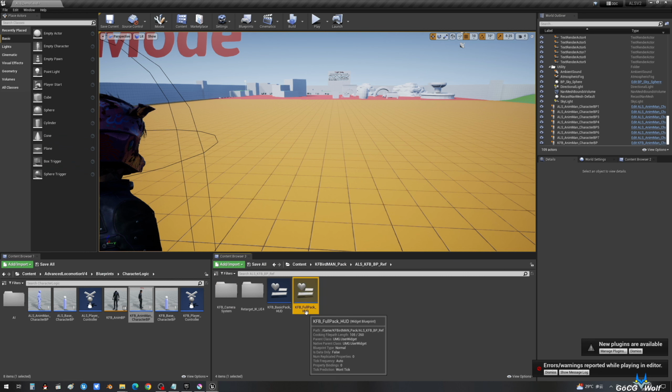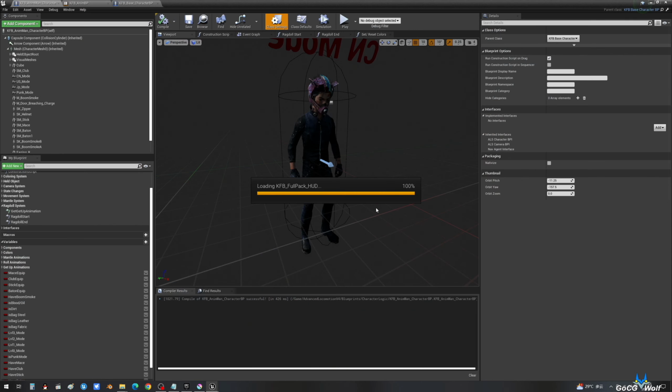This is the full version of character control shortcuts for KFB. This is the basic version. Open this.